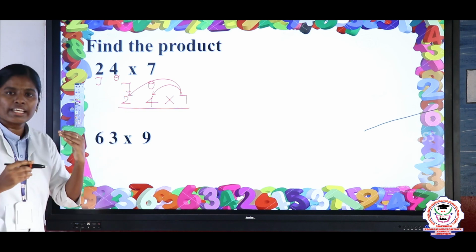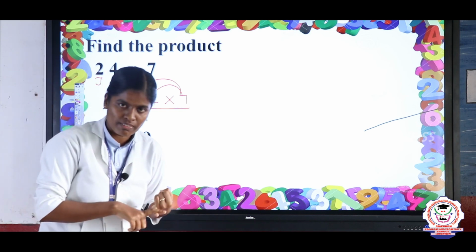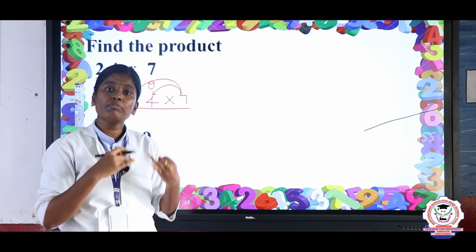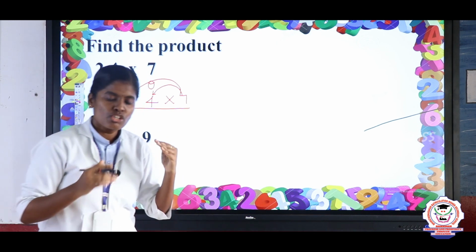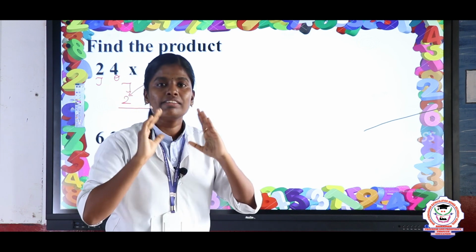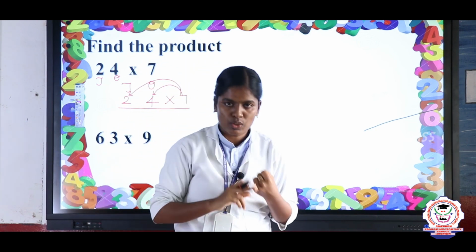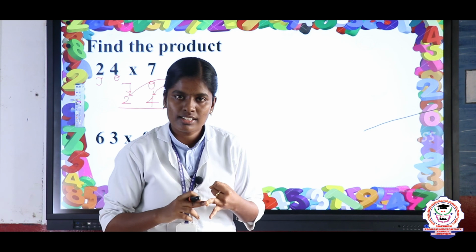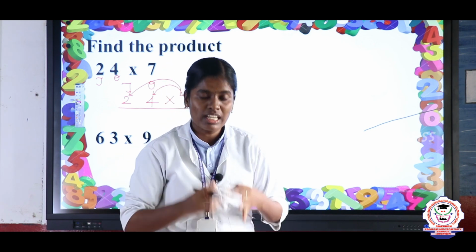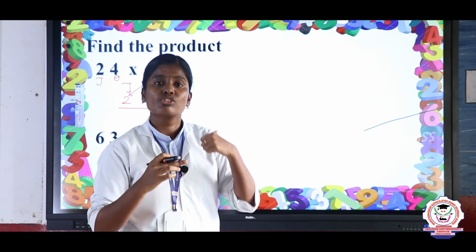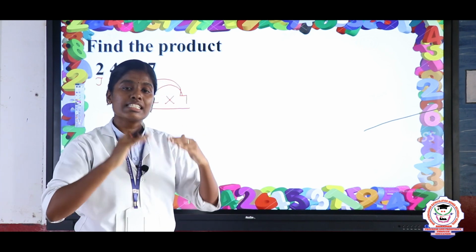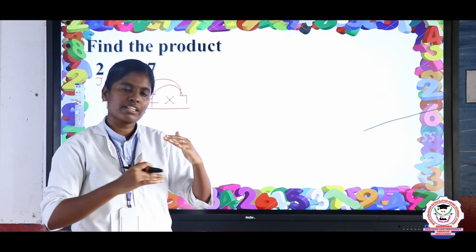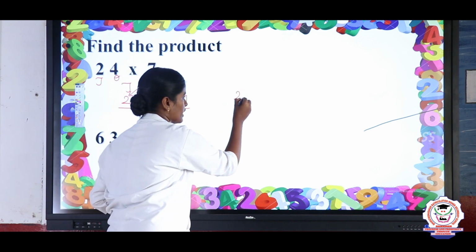So, first you will take 7 and multiply by 1's place value, then you will take 7 and multiply by 10's place value. So, what is the answer? 7 4's are. So, you should start the table 7 zeros are onwards. 7 zeros are 0, 7 1's are 7, 7 2's are 14, 7 3's are 21. So, the answer 7 4's are is 28. That is 7 times of 4 or 4 times of 7.